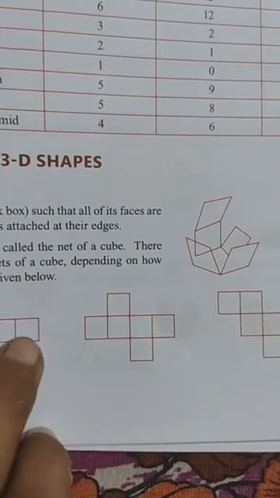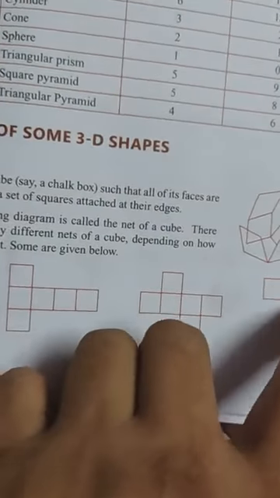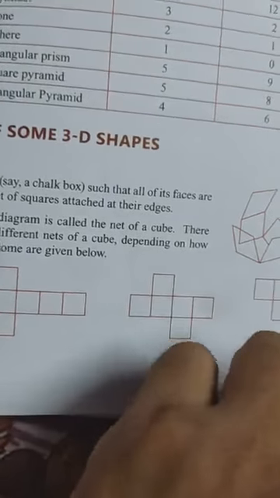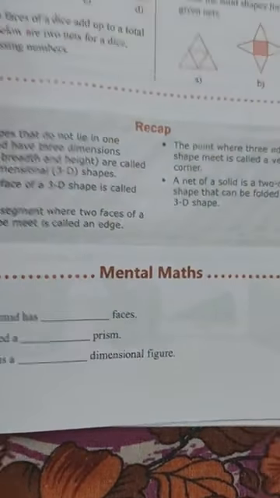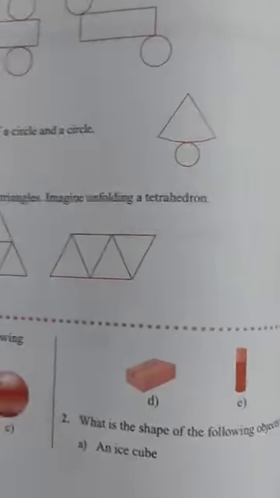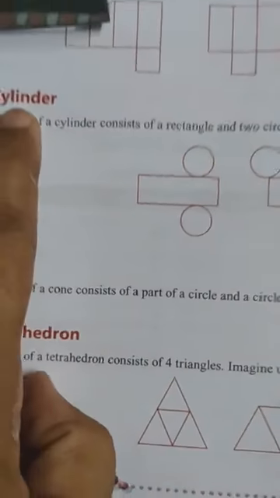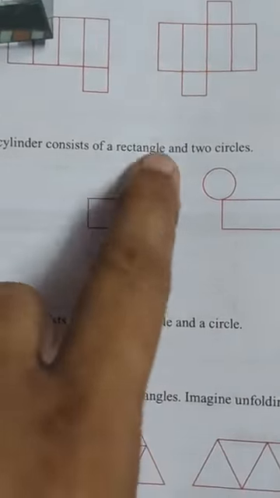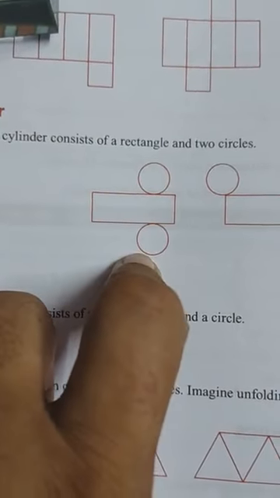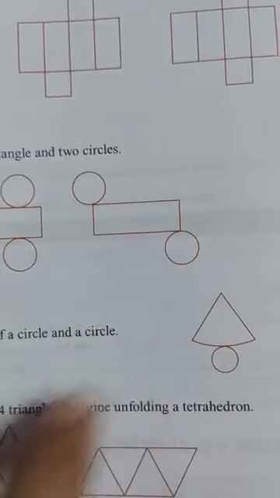1, 2, 3, 4, 5, 6. Okay, 1, 2, 3, 4, 5, 6. So this means that these are cuboid or maybe cube. Okay, in the same way, in case of a cylinder, the top and bottom ones are flat surfaces. It may be on the same side or maybe toward the end side of it. Okay, and this one is what?